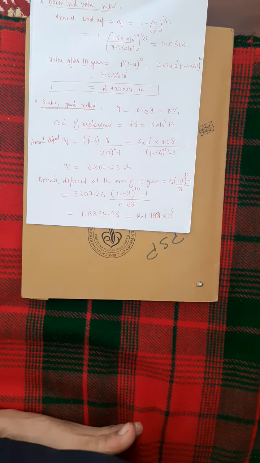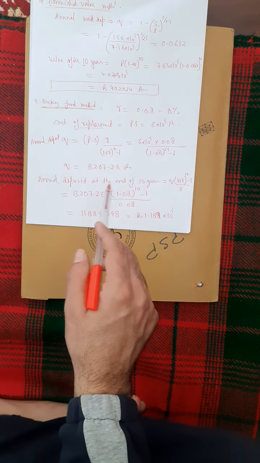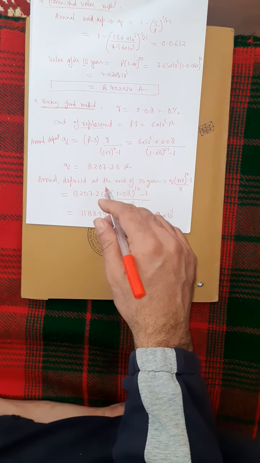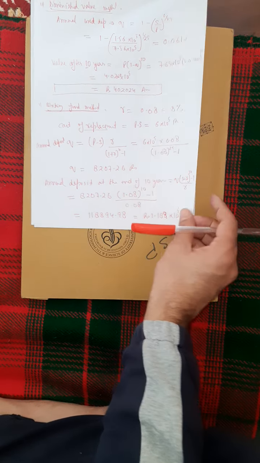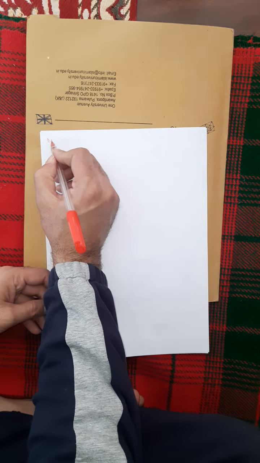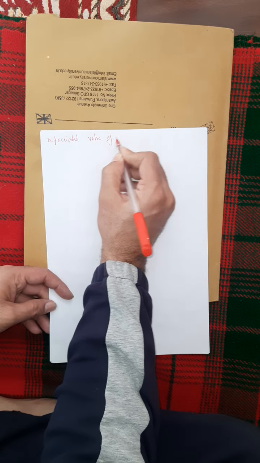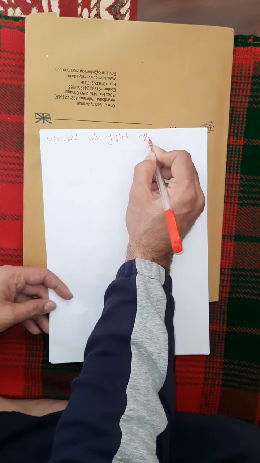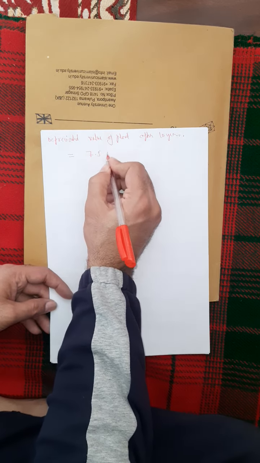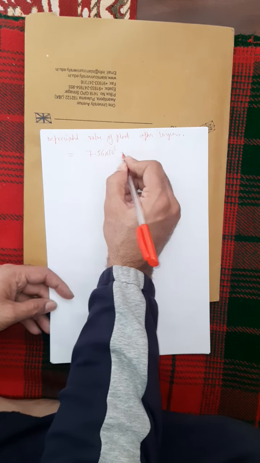Okay, so this is the annual deposit accumulated at the end of the 10 years, meaning how much money will be collected by the end of 10 years. So we will see the depreciated value of the plant after 10 years, meaning what the cost of the plant will be after 10 years. The depreciated value of the plant after 10 years will be 7.56, P into 10 raised to the power 5 minus Q